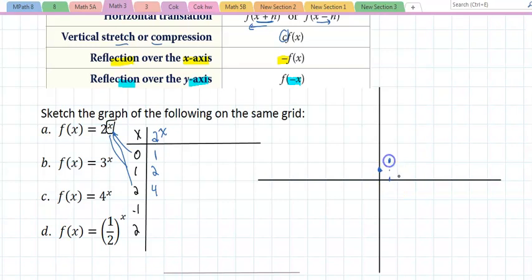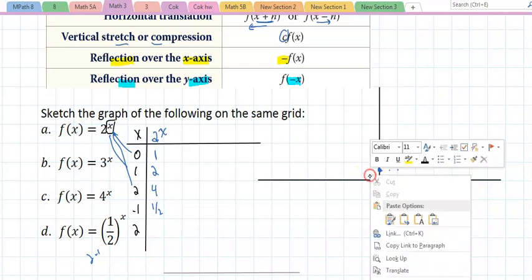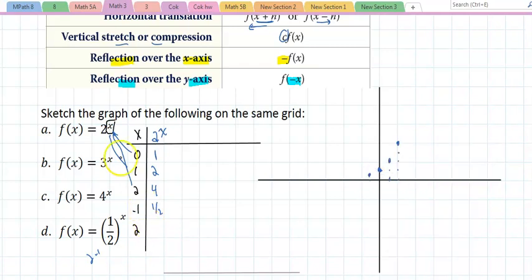1, 2, 2, 1, 2, 3, 4. If I plug in negative 1, 2 to the negative 1 is 1 over 2. That's 1 half. Negative 1, 1 half. And if I go for a 2, I'm sorry, not 2, negative 2. 2 to the negative 2 is 1 over 2 squared. That's 1/4. A negative 2, 1/4. Now, I think I see the pattern to the right. It looks like a parabola, but it's a lot sharper than a parabola. And to the left,